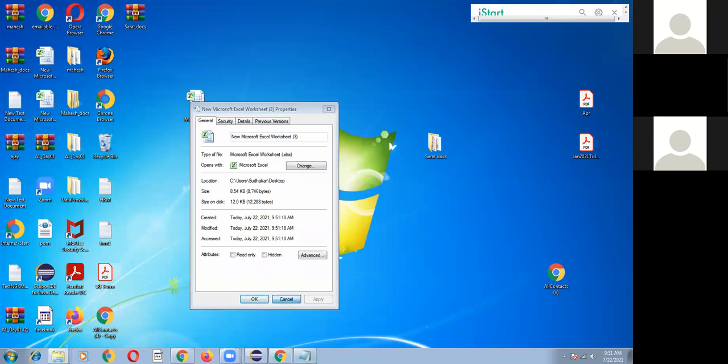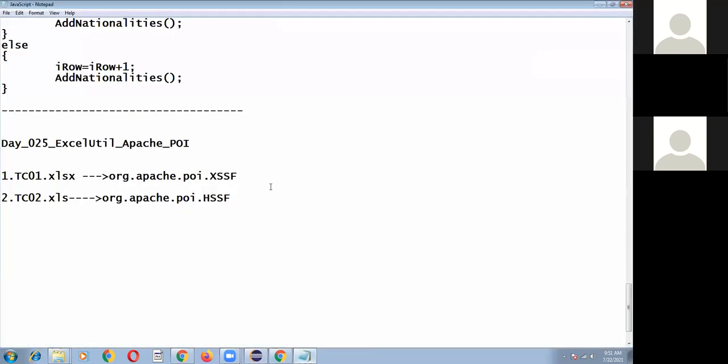If you want to read input data from .xlsx, these are the supporting class files we have to import. If you want to read input data from .xls, you have to import org.apache.poi.hssf supporting class files.